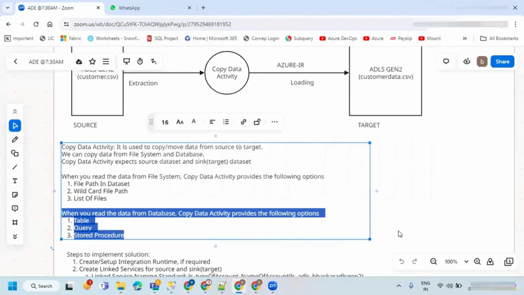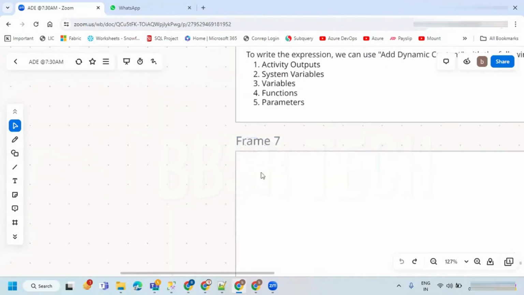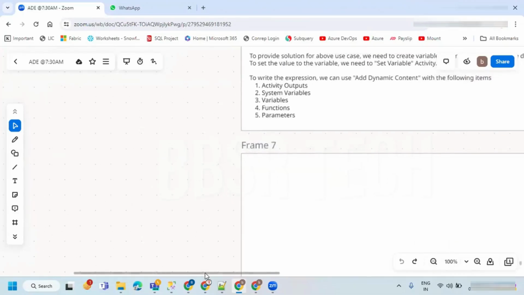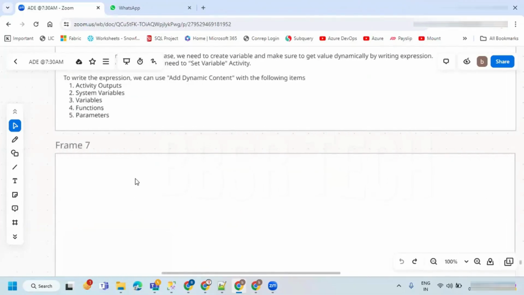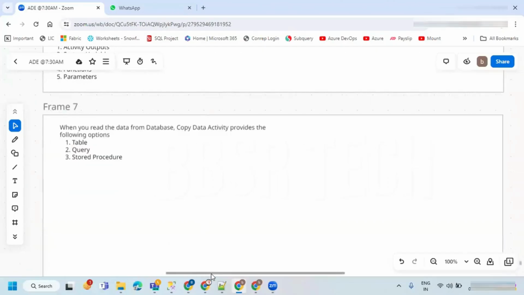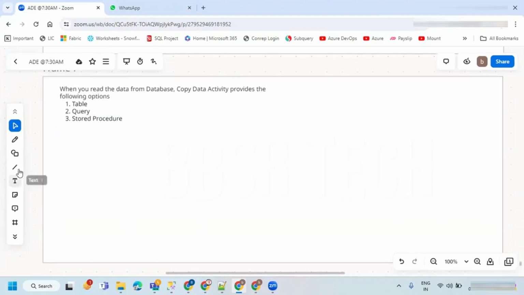I'm just taking this copy here again. Okay, so when you read the data from the database, we have these three options. Now I have a requirement.